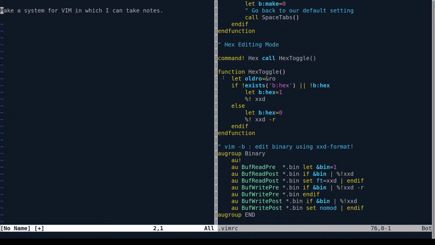So that's the objective, right? My objective is to have some sort of note-taking system,